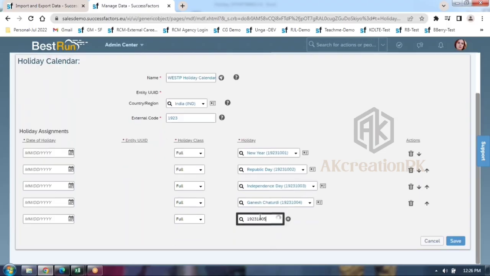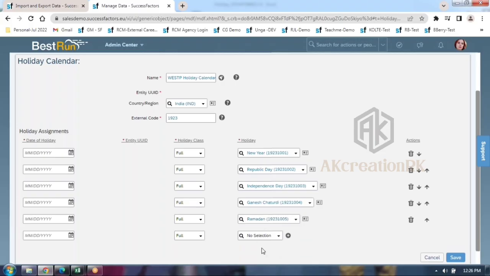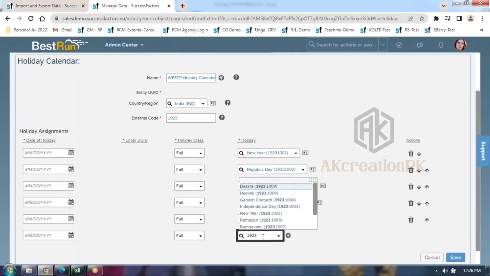Sir, 10 will not come now. Here, sir, again it is coming. Without country also 10 will be coming. Just now I showed you, right? Without country also 10 will be coming. That means that is a global holiday. Keep that in your mind. Sir, we have mentioned India, that is the reason I'm asking.